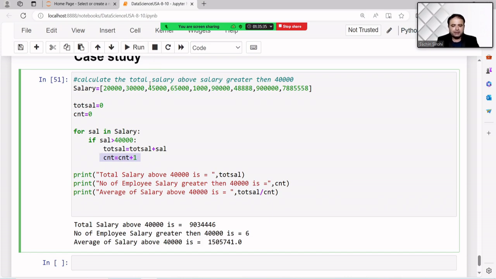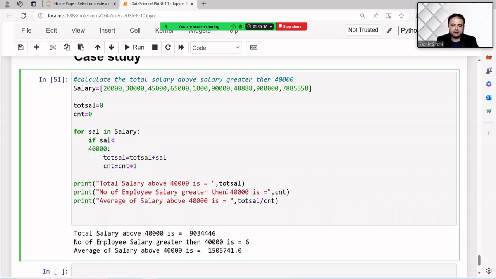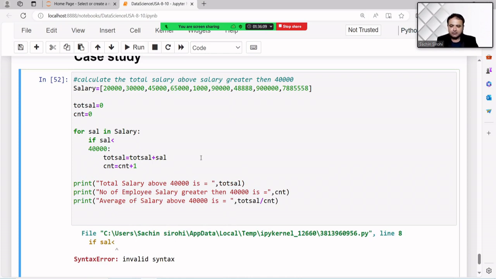Only the 40,000 specific, or like, the formula just mentions only this one, equal equal. Equal equal is basically used for comparison. When we have comparison, only the one salary is matched, and the average is also the same. Yeah, we can also provide less than 40, so it will give a different answer.